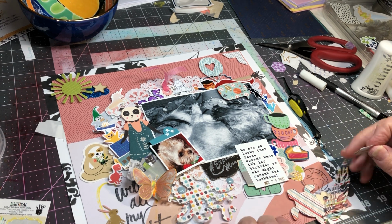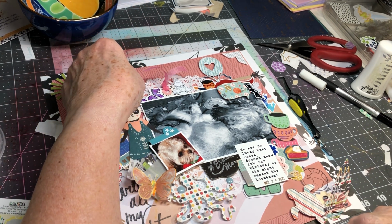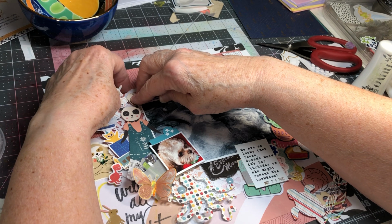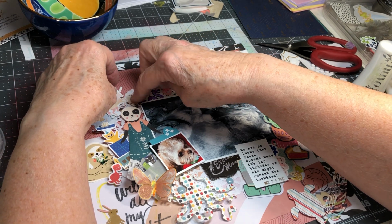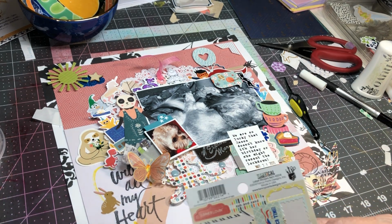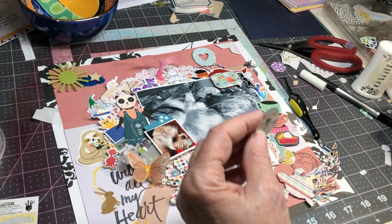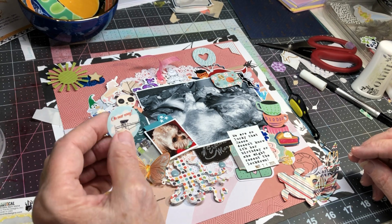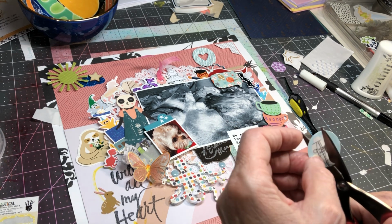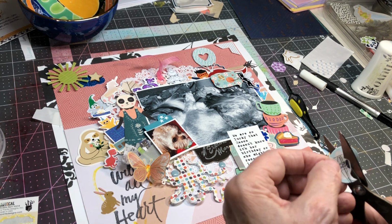And let me just get this guy. Where would this guy want to go? I'm thinking up in here, kind of partially obscured by the dragon and with the unicorn overlapping. Okay, I think there's an airplane. There's an airplane point, and I've got this thing that says "on our way." Think I'm going to fussy cut that off. It doesn't necessarily make sense. Not that all of this stuff does make sense, but